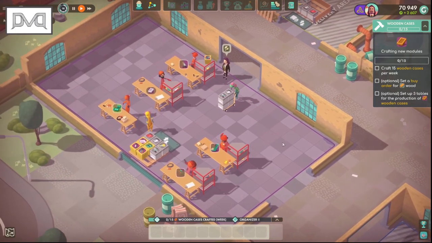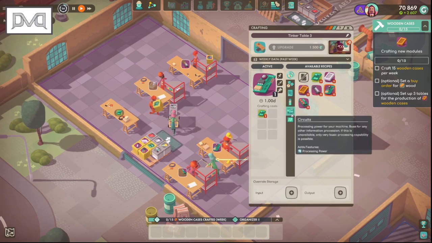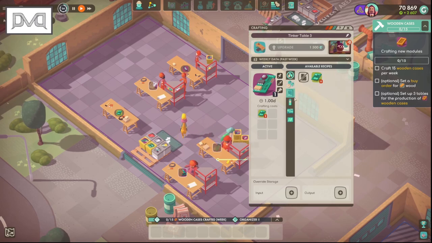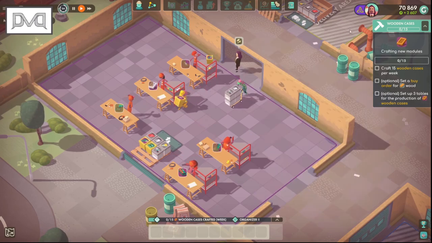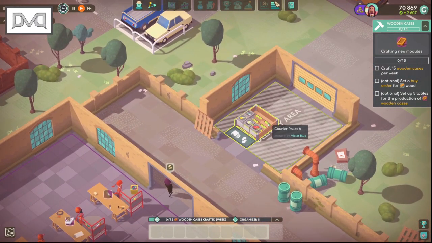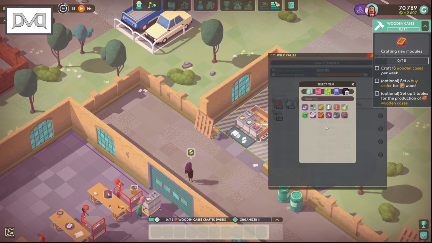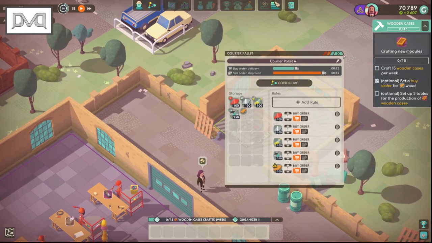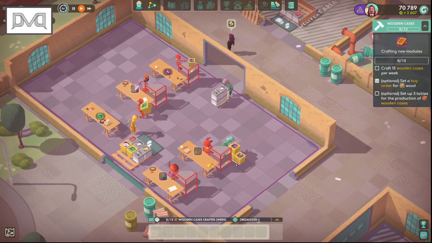so what do I need to do for that? Are wooden cases here? Components. Oh, wait a minute. Right here, wooden cases. They require wood, which means I need to add wood as a resource. Add rule. Wood. Okay. And then we'll need a